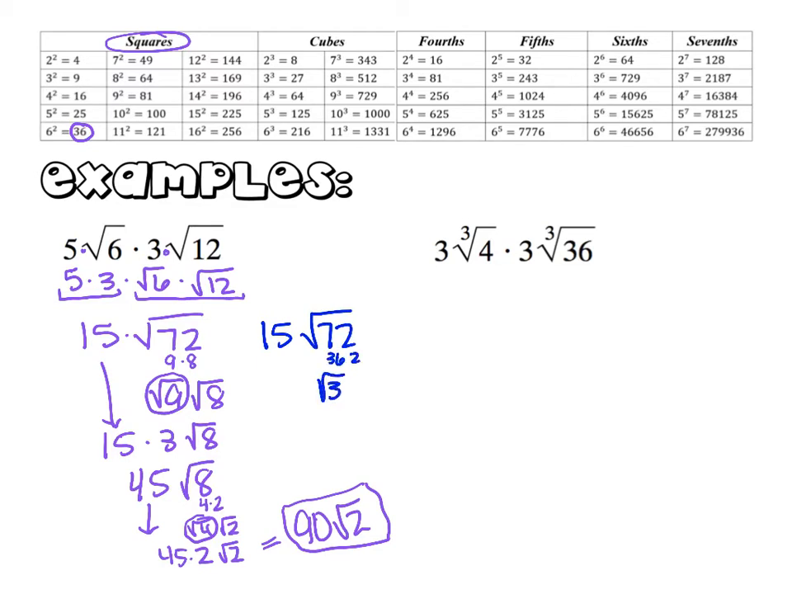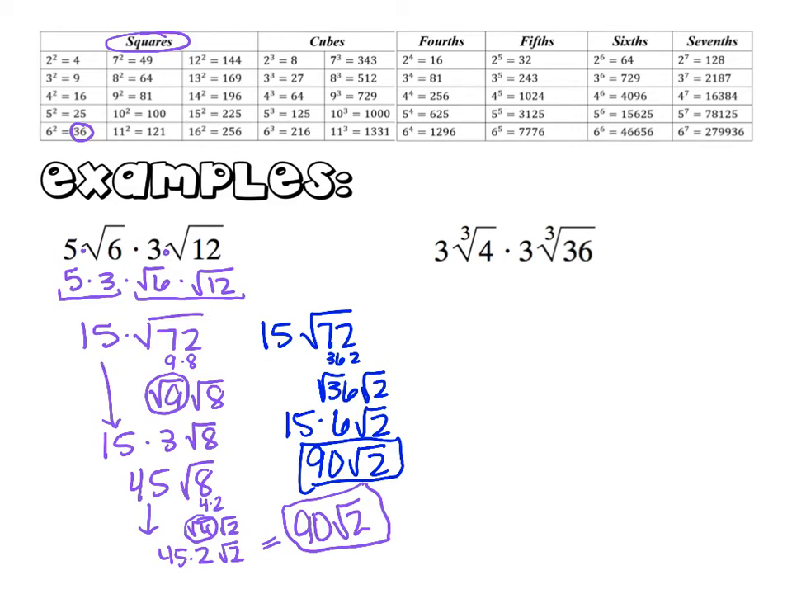So the square root of 36 and the square root of 2 is 6 square roots of 2 times 15. 15 times 6 is 90 square roots of 2, right? If I don't find the biggest, it's just extra work, right? I always want to check when I'm done to make sure the number under the radical doesn't have any perfects